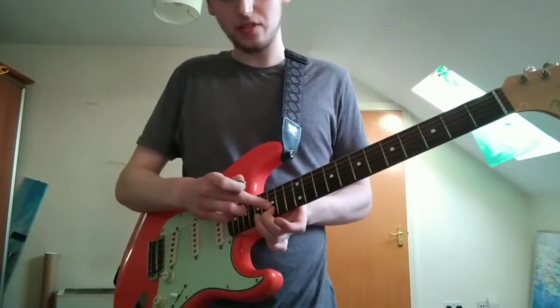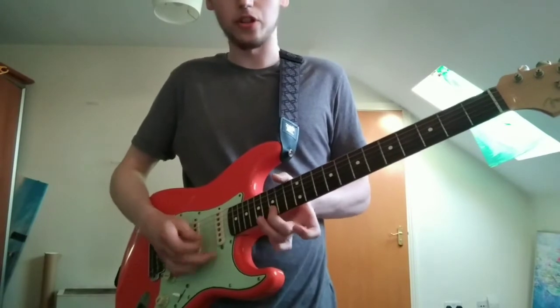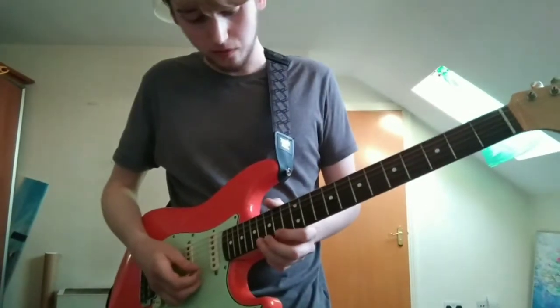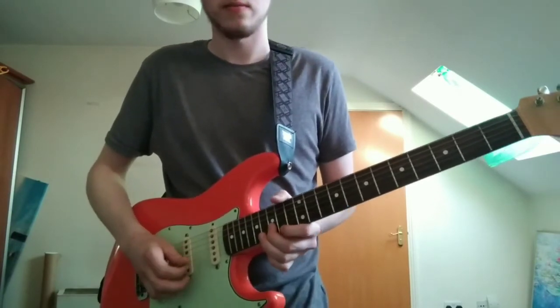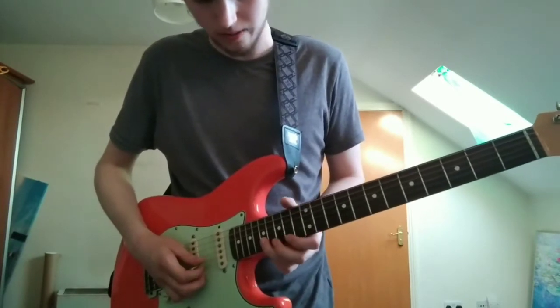Then you're on the 15th fret of the B string. You do a 2 fret bend with your middle finger. Then it's a hammer on the high E string, 14 and 16. Hammer on and off, hammer on and off. Then it's 17 on the B string,